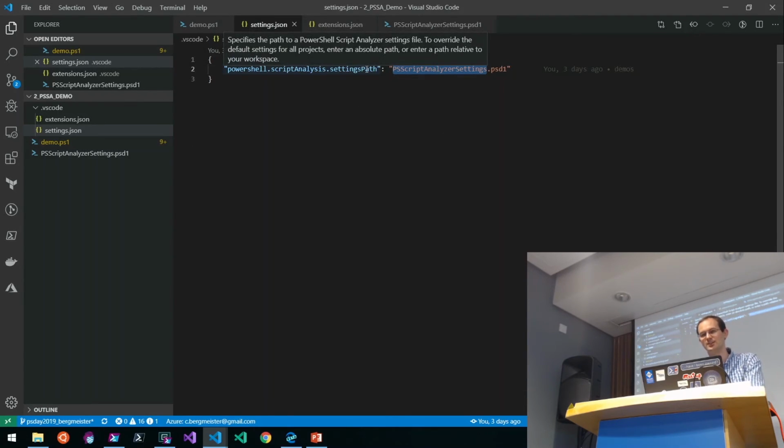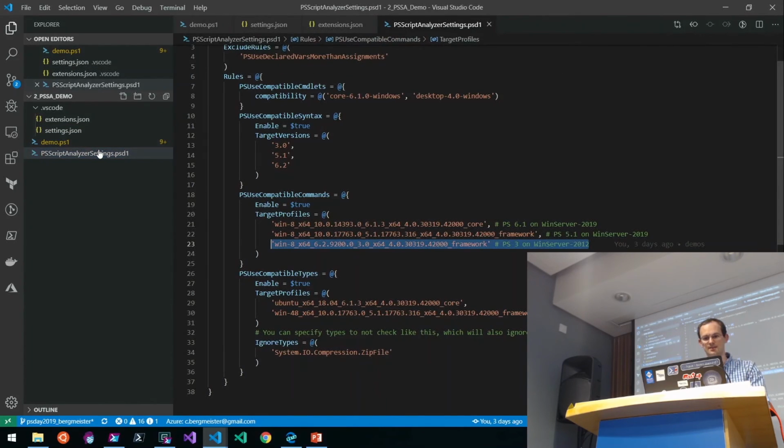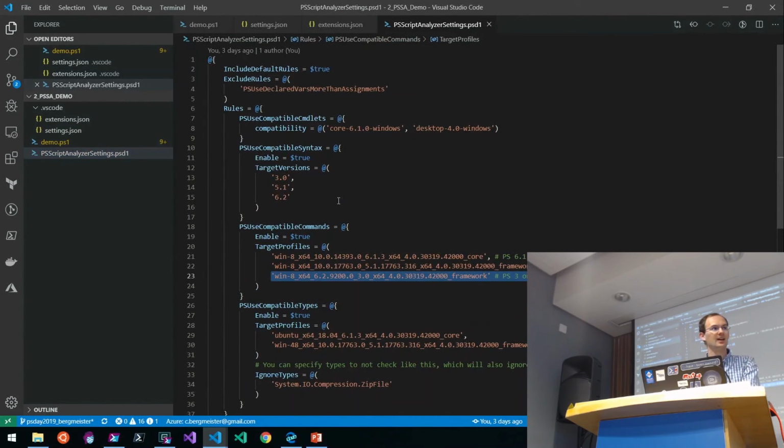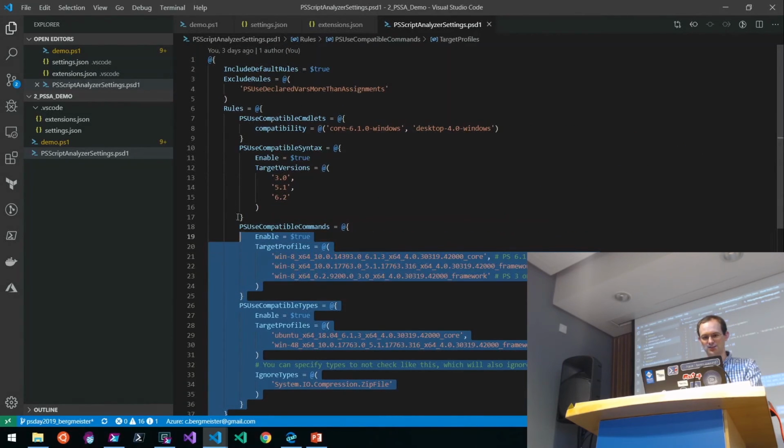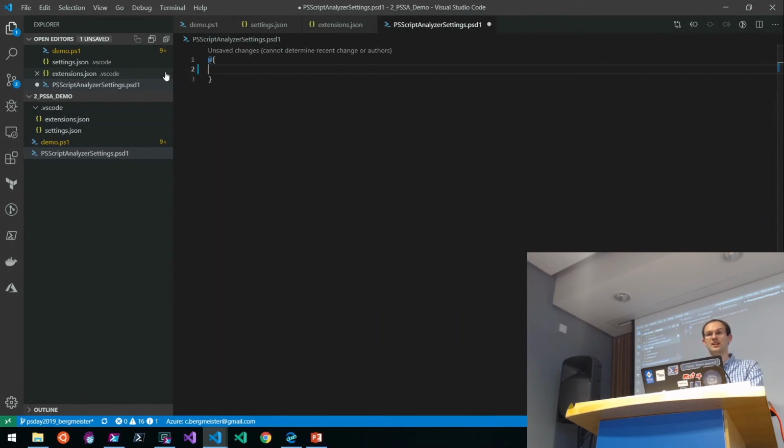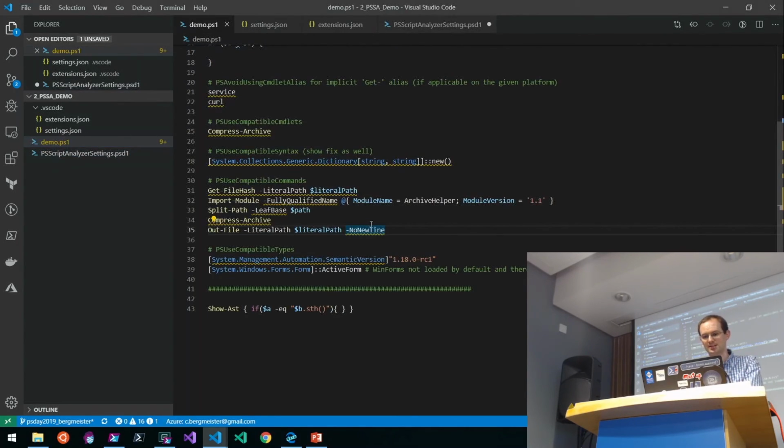So this tells VS Code to use the settings file. And in the settings file, I can declare my defaults. I want to have those rules enabled or disabled. Look here, this is quite complex. Actually, don't worry, just put an empty hash table in there. This will make all rules be turned on by default. This is something quite useful that I do in a new project. Create that file, have an empty hash table, because this is how it works behind the scenes, and have the settings pointing to this, and then you've got all rules enabled. And when you do this, you will